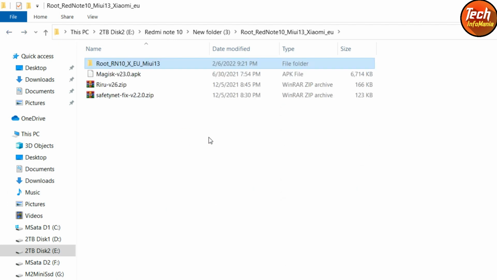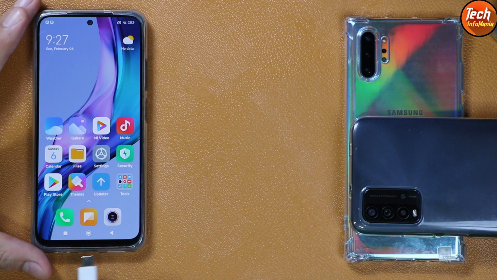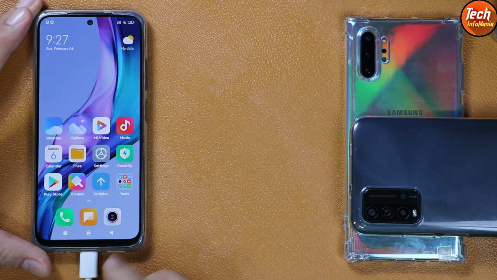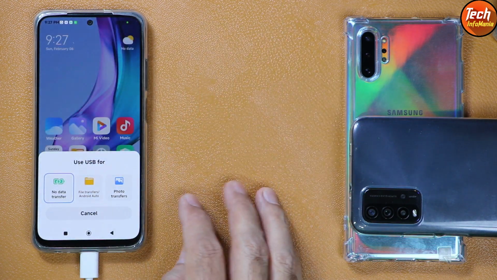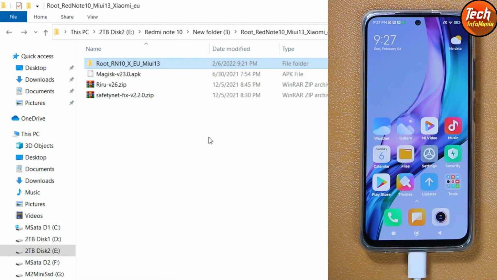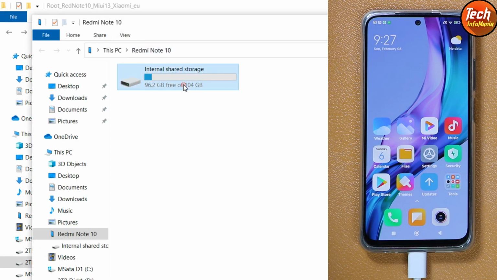Now, first of all, coming back to my mobile phone screen, connect the cable with your mobile phone, and the other side of the cable must be connected with the computer. Then select the file transfer option. Copy these 3 files, the Magisk, Rero and SafetyNet Fix, and then paste them